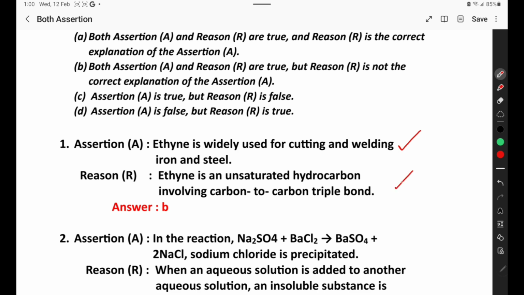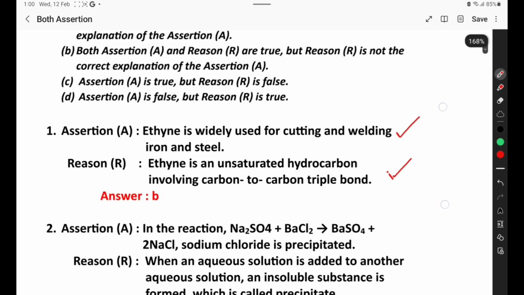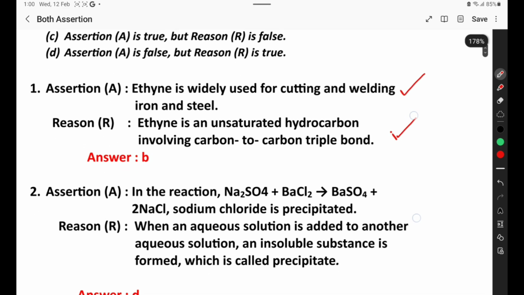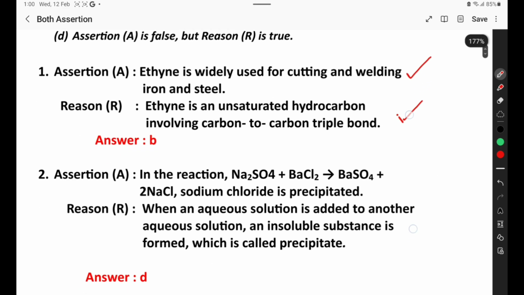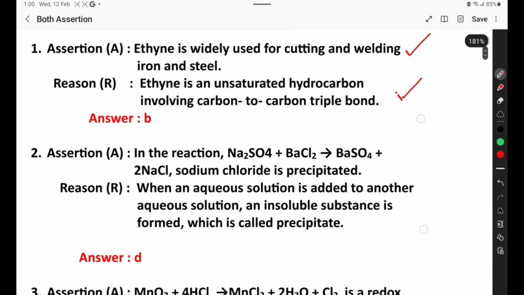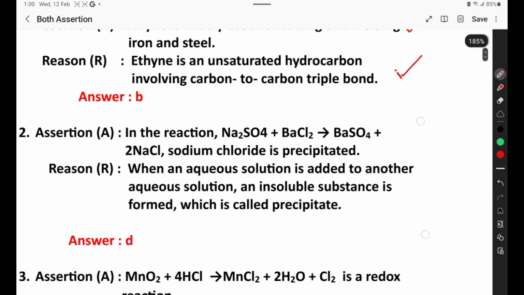That statement is also right statement, but reason is not the correct explanation of assertion. We are using ethane for welding purpose because during the combustion of ethane, large amount of energy is liberated. It is highly exothermic. Then, second question, in the reaction sodium sulfate plus barium chloride gives barium sulfate plus sodium